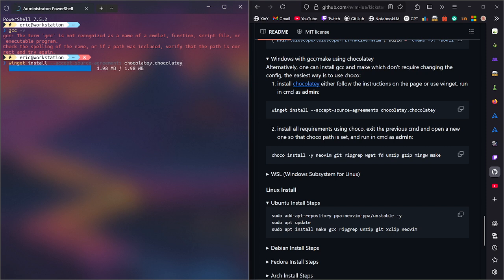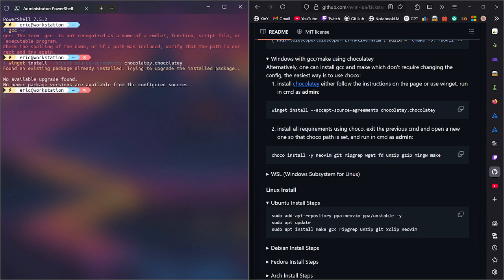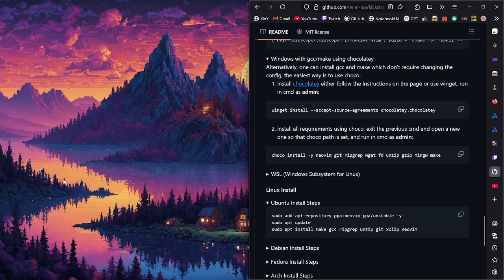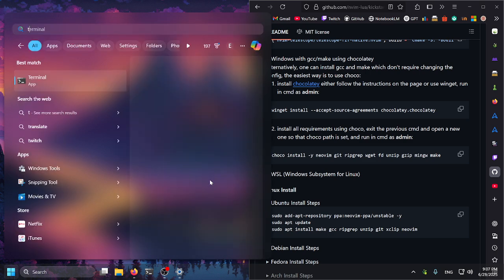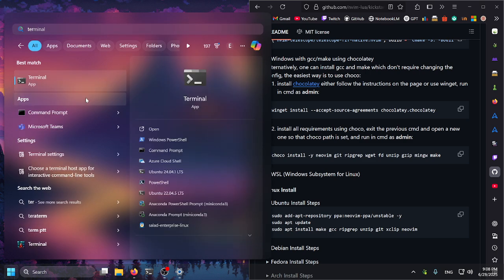So we just run this, and then you'll install it. It'll take a little while, but I already have it installed. So what you're gonna do after it's done installing, you have to click close. So you have to close out of it, and after you close out of it, once again you could go to CMD again, but we're gonna go into the terminal, run it as admin again,